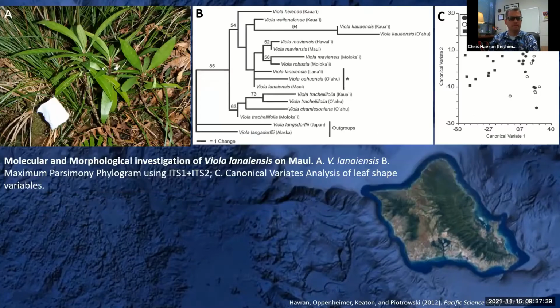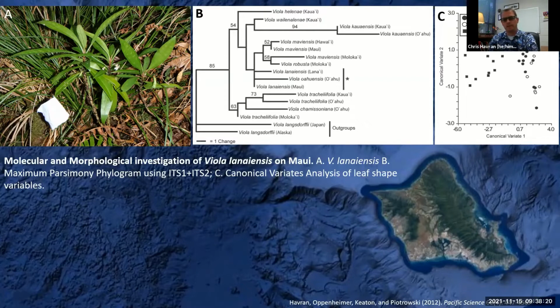The next slide, please. This same phylogeny had been used to evaluate a previously uncertain relationship. In around 2012, Hank Oppenheimer had contacted me about a new discovery of viola that he had uncovered on Maui at Helu. So we sequenced the ITS region of that material, incorporated it into the previous phylogeny, and saw that it formed a polytomy with Viola oahuensis on Oahu and then Viola lanaiensis on Maui. So that sequence was not enough to show that it was monophyletic with Viola lanaiensis on Lanai.